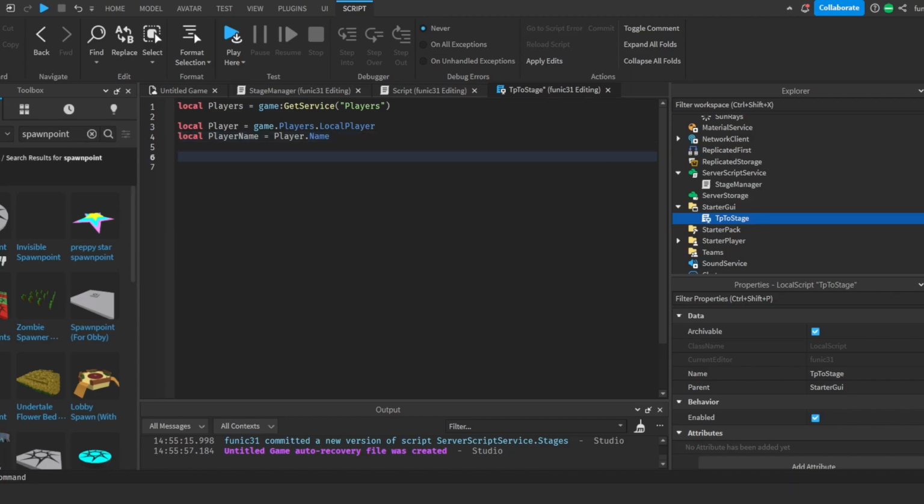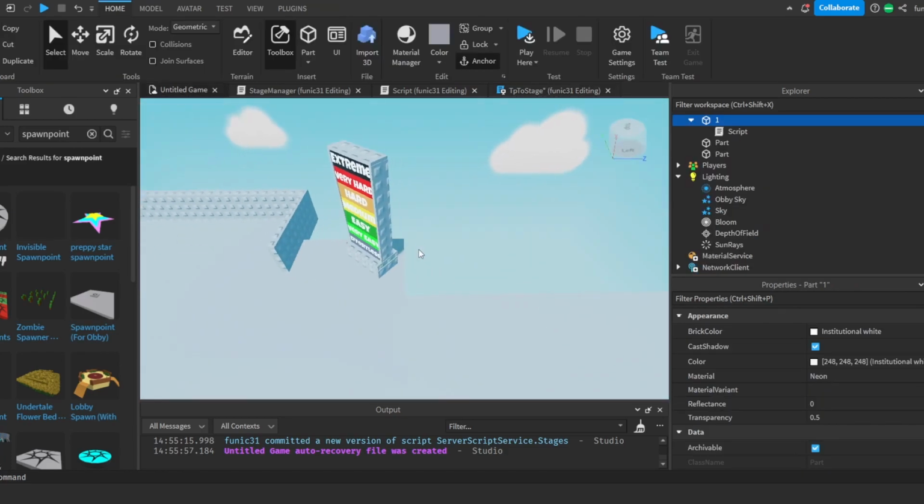So after that, we're going to do local current stage is equal to player dot leader stats dot stage dot value. So first thing we're going to do is, I forgot to do this, we're going to select